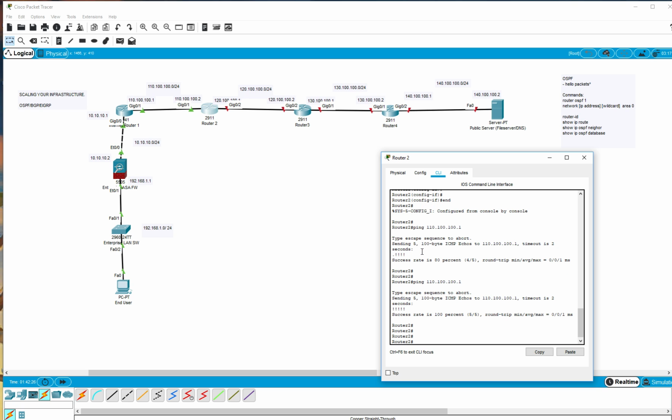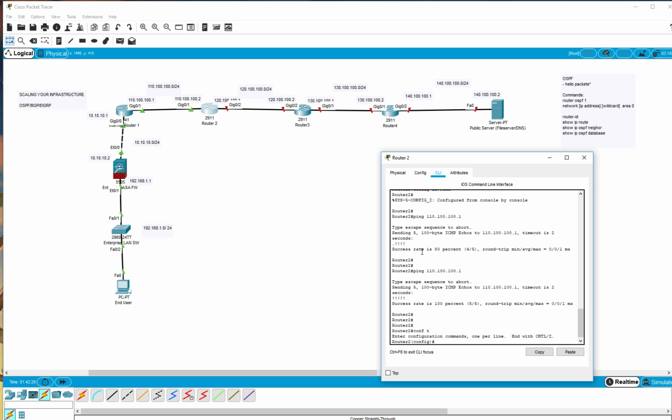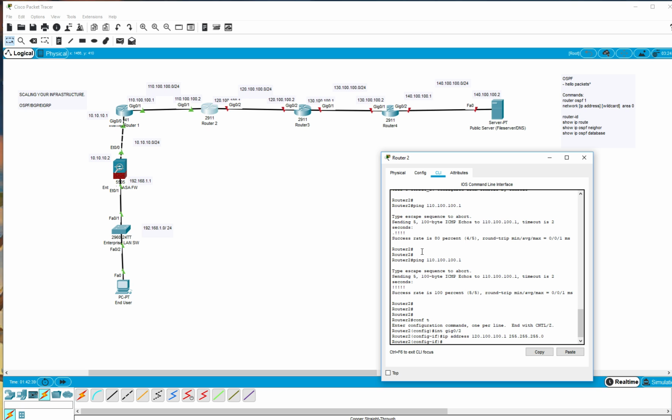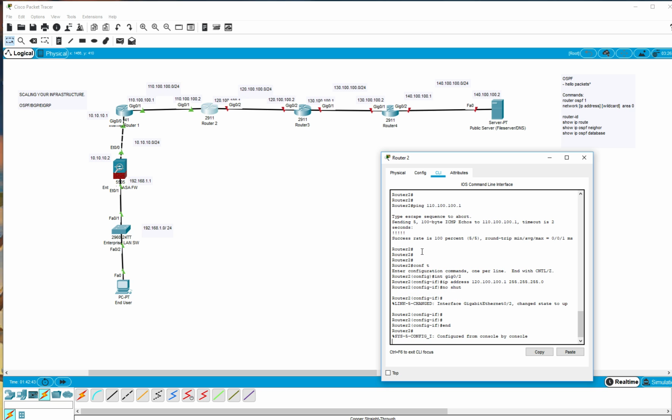Now let's configure, conf t, int gig 02, 120.100. What am I doing? IP address 120.100.100.1/24. No shut. Okay, and